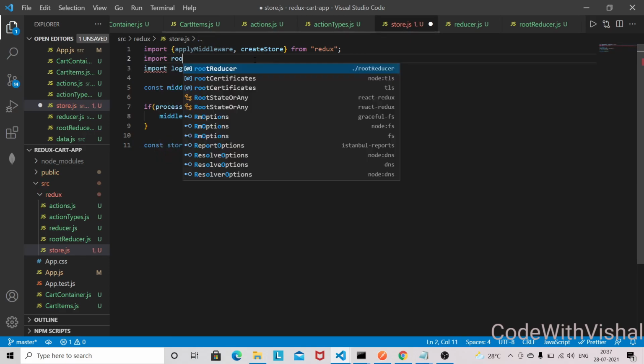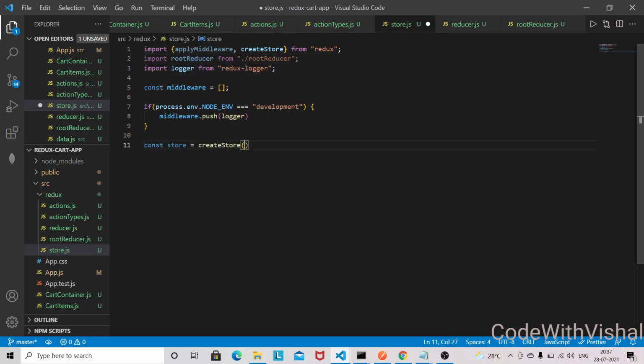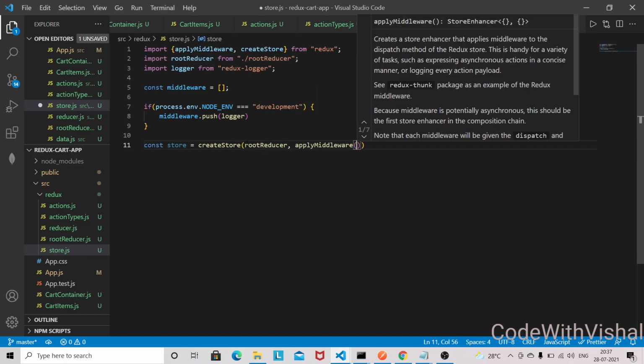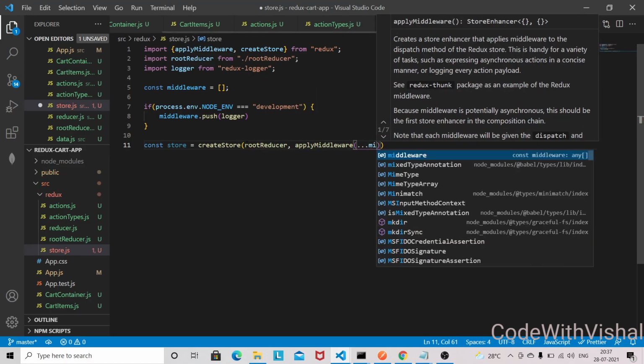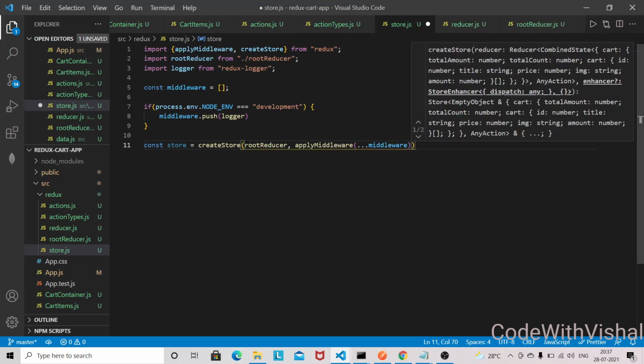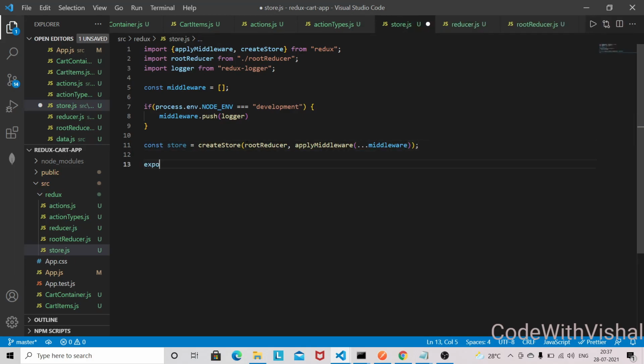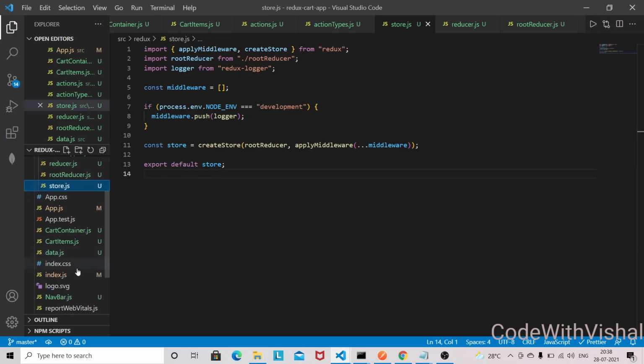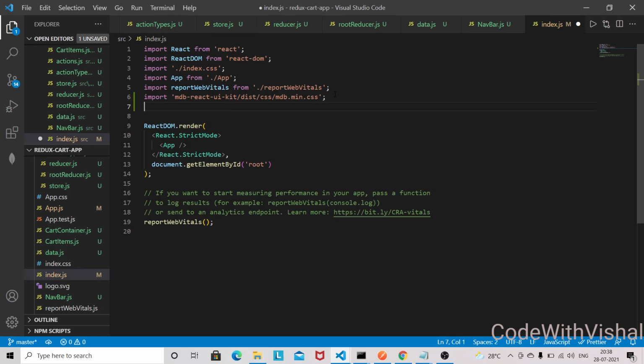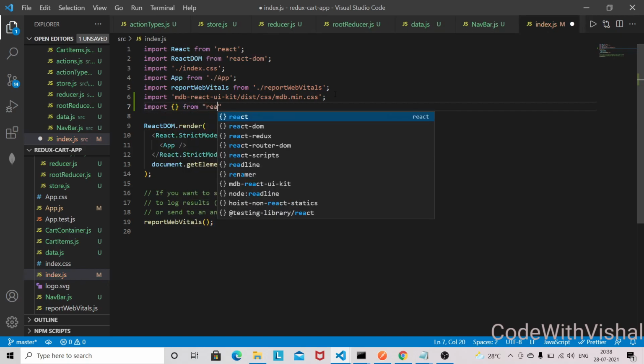So bring that root reducer, and we need to pass this root reducer here, then applyMiddleware, and we are going to pass this middleware, and I think that's it, and we need to export this store as well. Okay, now let's go into the index.js so that our app can access that state from the store. So we need to bring the Provider from React Redux.